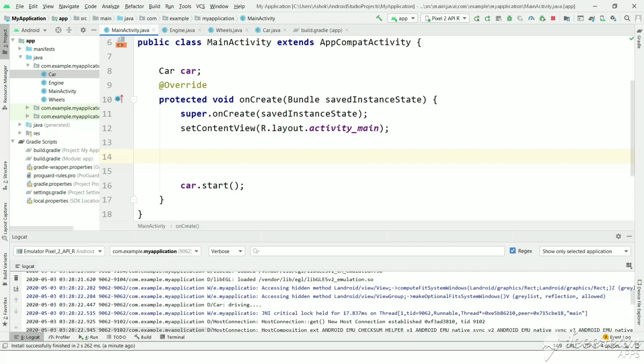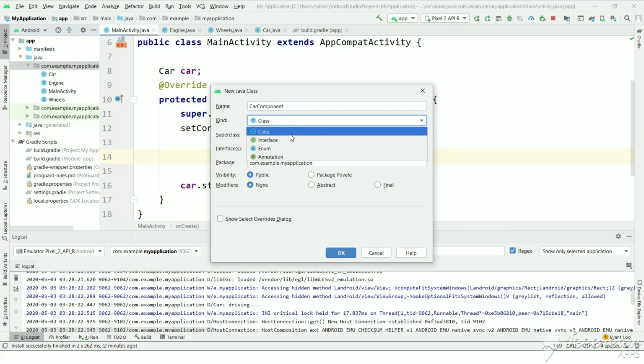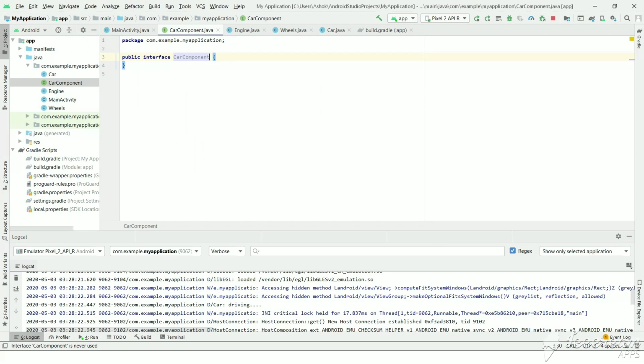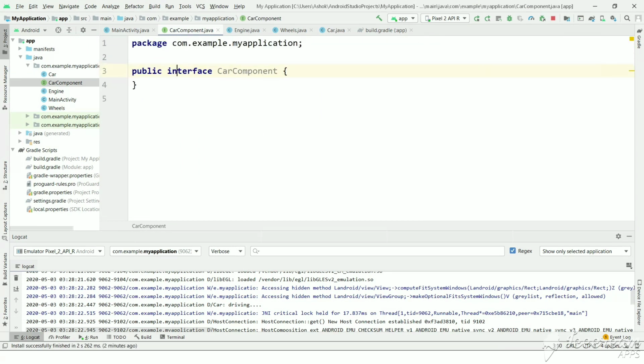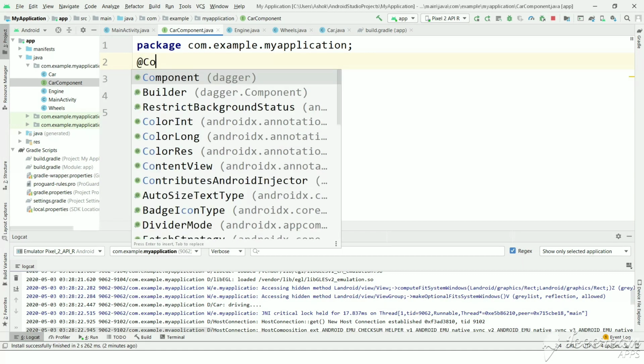In order to provide a car object, we need to create an interface which has a Component annotation. The Component annotation is from the Dagger library. Now let's create a new interface called CarComponent, which is responsible for creating car objects, and it is annotated as @Component.